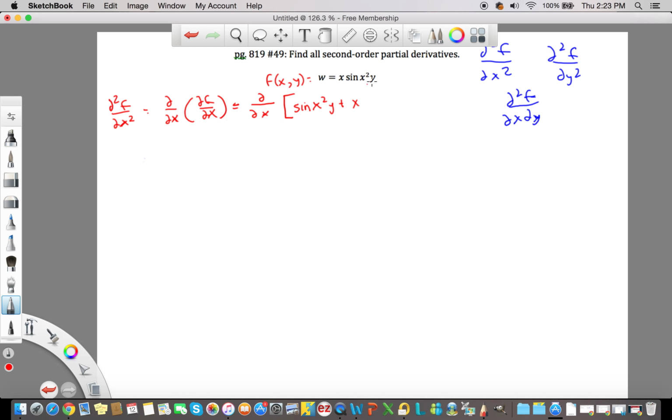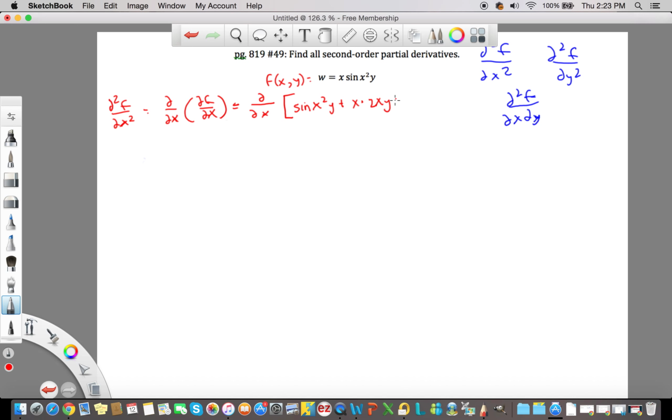Now we're going to take the derivative of the second with respect to x. So the derivative of the inside, this is just like what we did last time. It's like a product rule. Remember, we said that multivariable functions follow the same differentiation rules as single variable functions. So the derivative of the inside, like we normally do for a chain rule, with respect to x is going to be